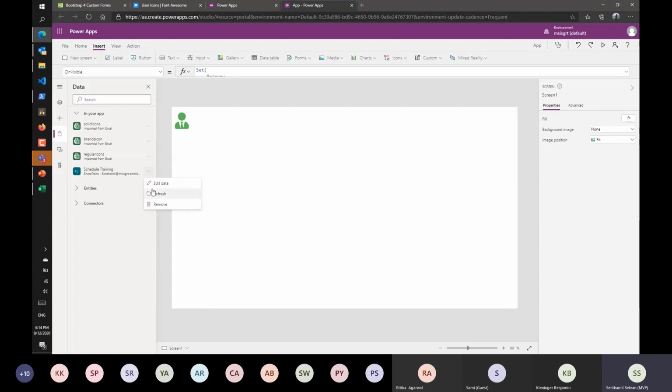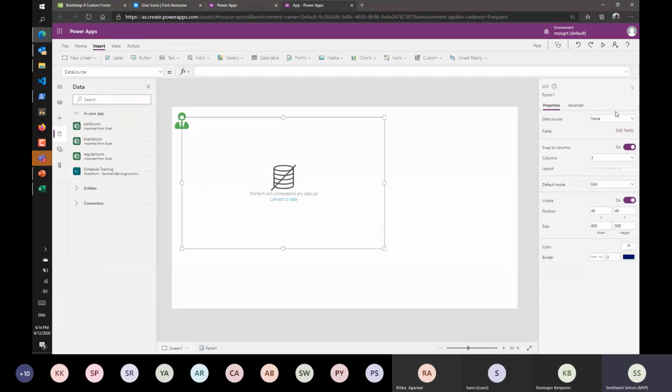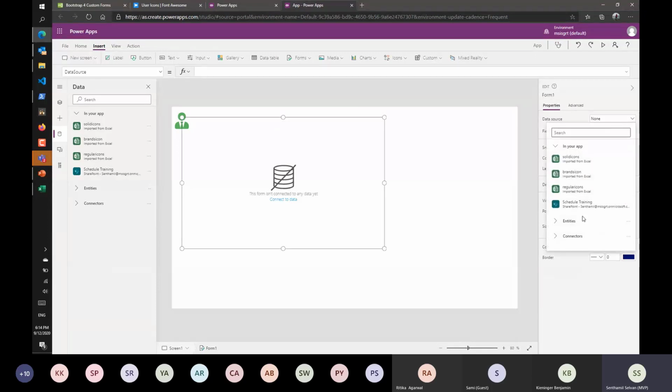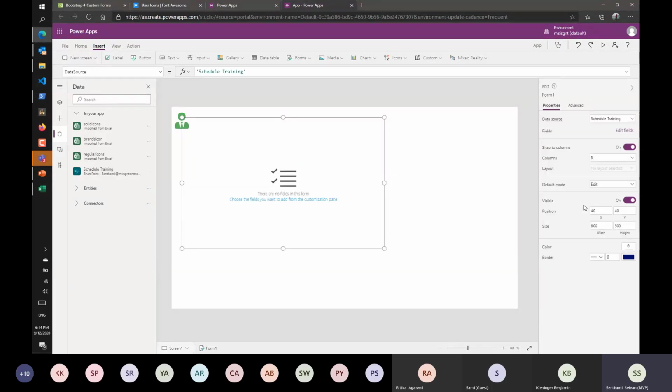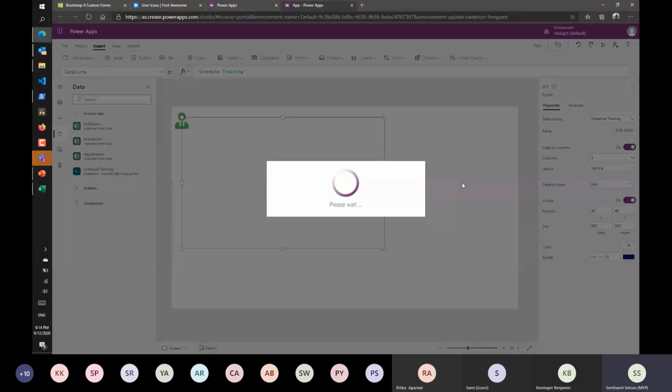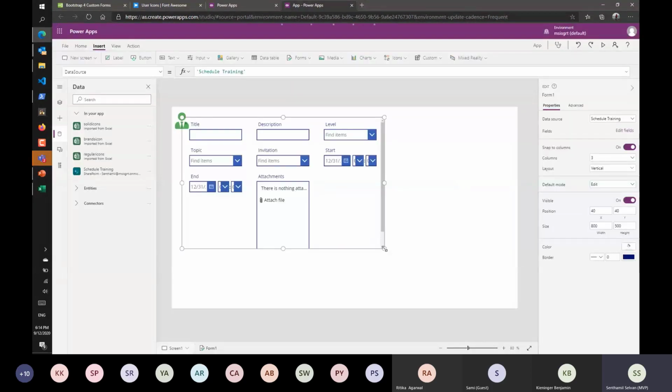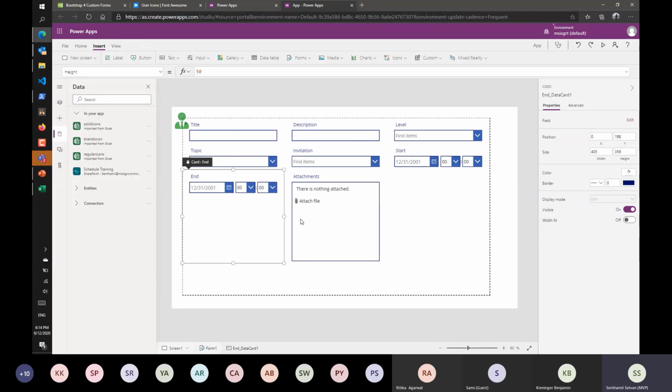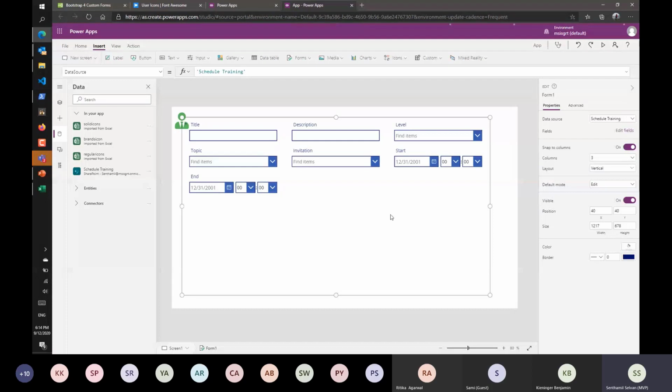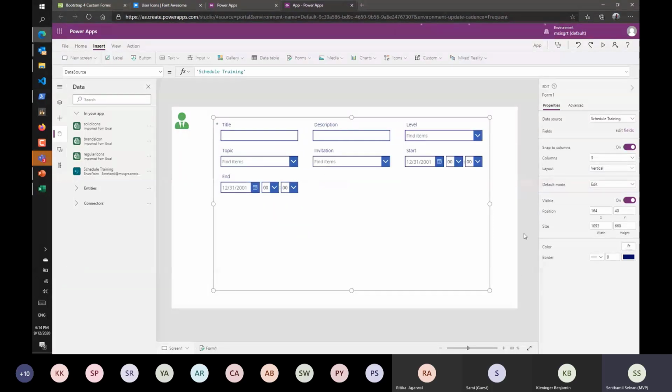So now I'm going to add a form based on that. Form, maybe edit form. Okay. Data source would be schedule training. Okay. Usually I would remove, I don't use attachment. Okay, that's it. So you can see here, this is a normal Power Apps form without any icons, a bit